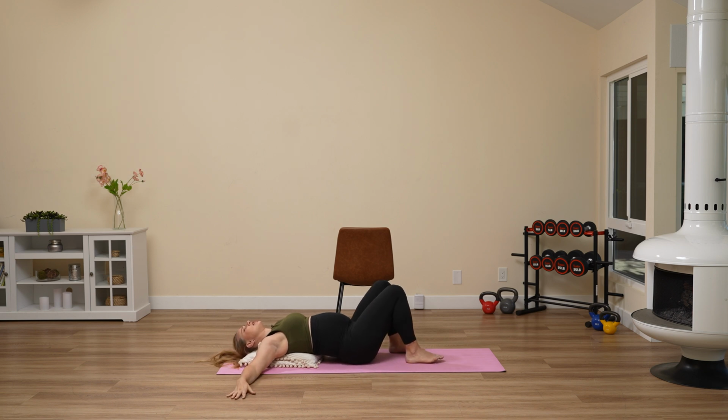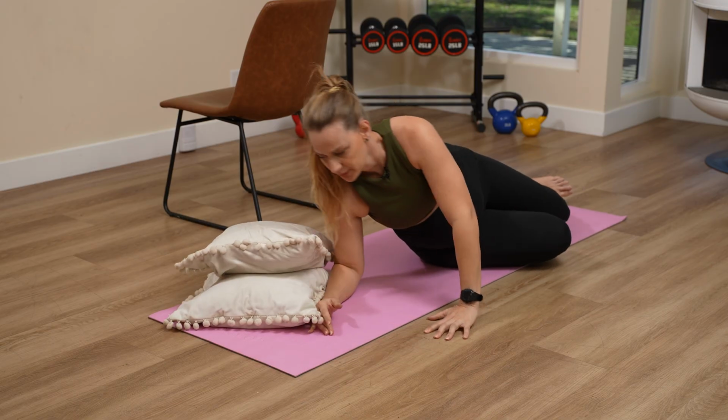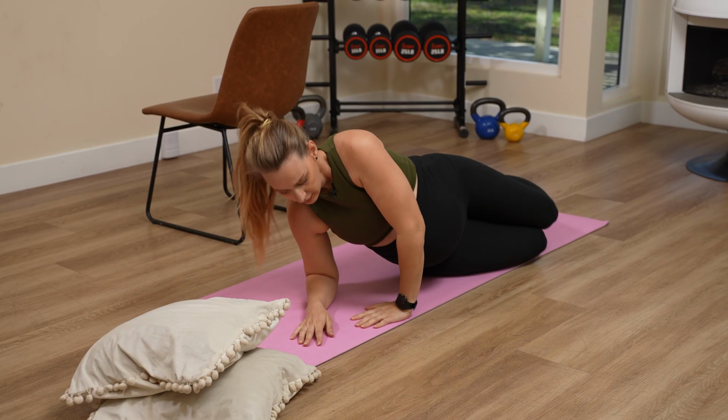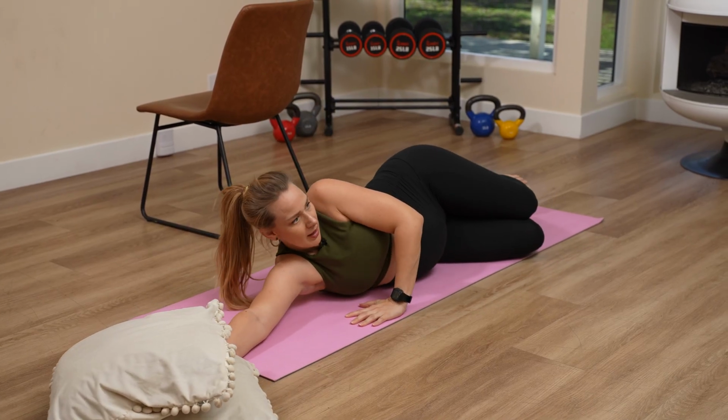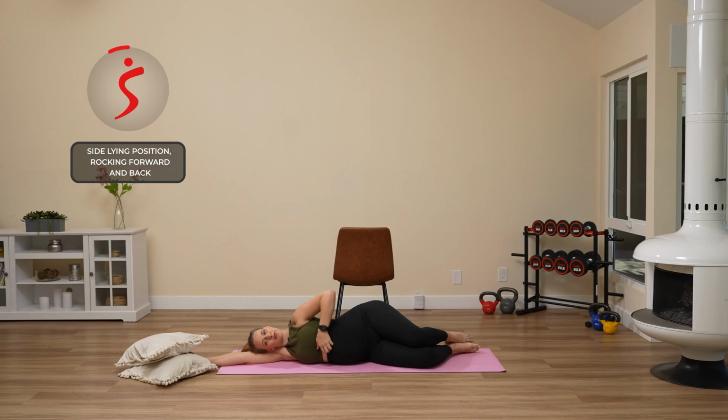You're gonna bring the knees together and allow yourself to shift so you're turning to your side. We're gonna move the pillows. So we're here, extend the arm up, release your head down to your arm, and I want you to bring your hand right here in front of the chest, and you're gonna very gently rock yourself forward and back, allowing the floor to press into that underarm area here through the big muscle on our back, our lats, and just bringing in that ease, opening up through this side body,